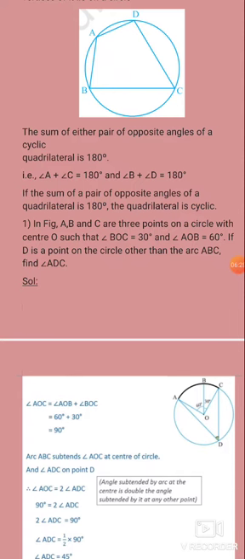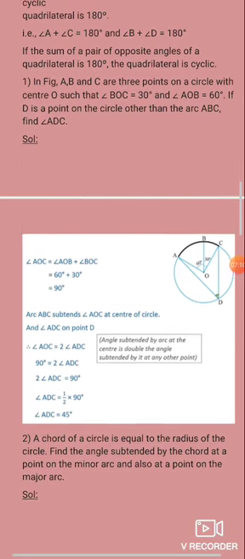So listen carefully. Angle AOC is equal to the sum of the angles AOB plus BOC. That is 60 plus 30 is equal to what? 90 degrees. Now listen carefully. Arc ABC subtends angle AOC at the center and angle ADC on the point D, any other point on the remaining portion of the circle. Therefore, angle AOC is equal to twice angle ADC. AOC is 90 degrees, equal to twice angle ADC. So angle ADC is equal to what? 90 degrees by 2, which is equal to how much? 45 degrees. Okay.